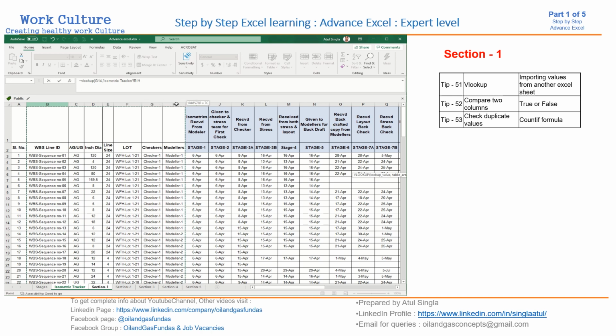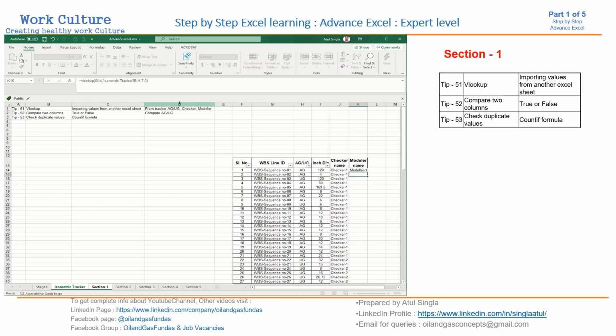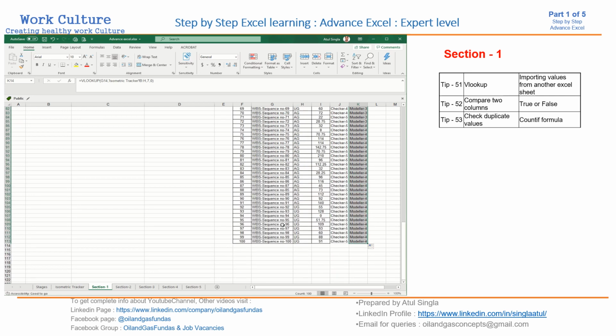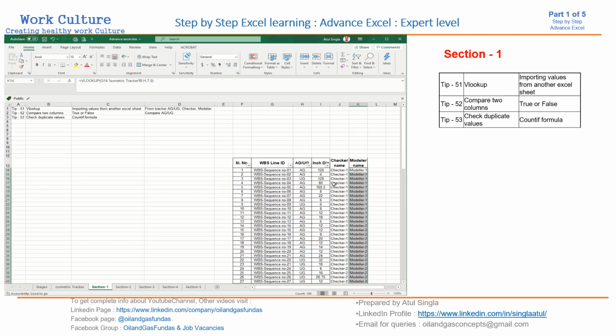Now if you see, after G it is H, the 7th column, so comma 7, 0. So we have the modeler name here against this sheet number. Again you can double click here, then it will be there for all the lines.